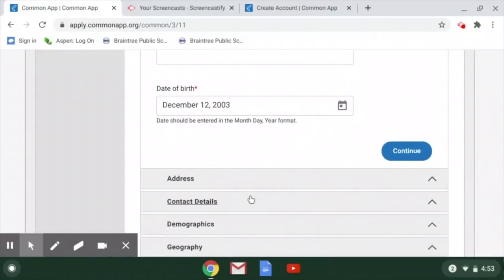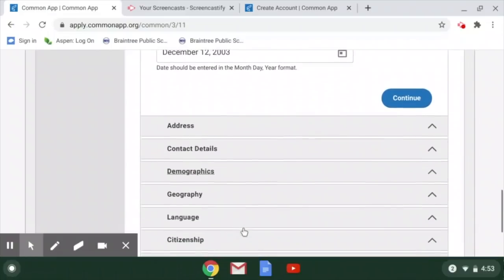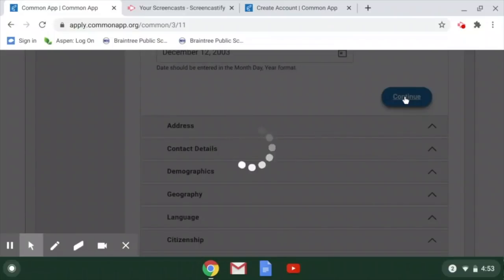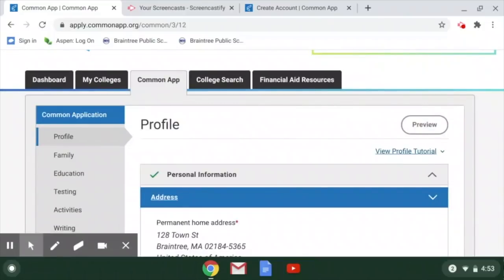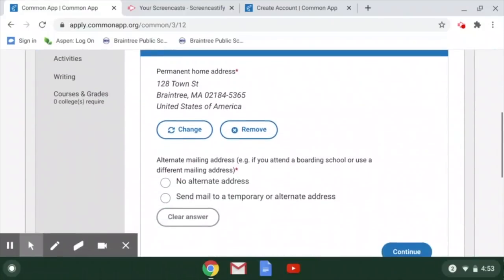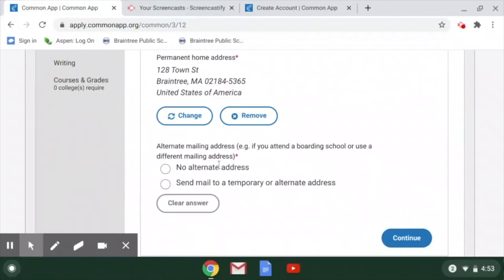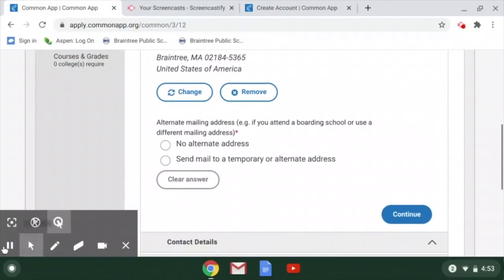And as you can see, there are multiple tabs here that you'll continue to go on and fill out. I'm not going to go through all of these today, but I just want to show you, for instance, if I click continue, and now it's going to ask me to fill in my information with regard to my personal information, my addresses. So stopping there,